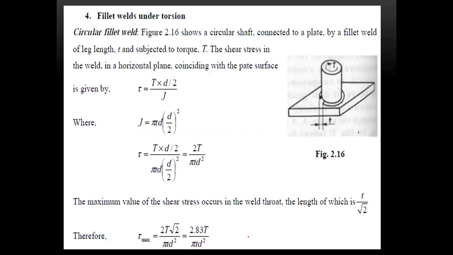Okay. Next. So this is for fillet welds under torsion. So this is the calculation for fillet welds under torsion. Right. So we will take now the circular fillet weld. The figure shows the circular shaft connected to the plate by the fillet weld of leg length t, subjected to the torque, and the shearing stress in the weld in the horizontal plane,